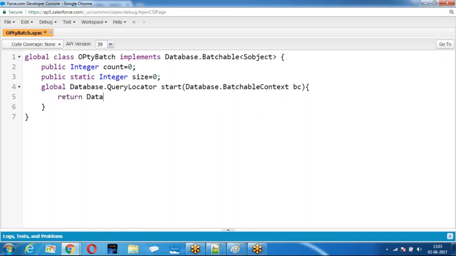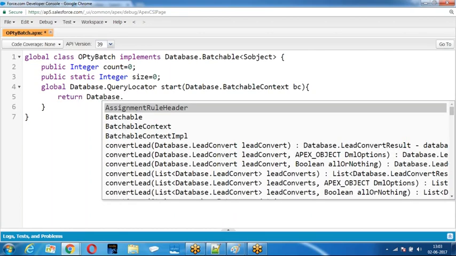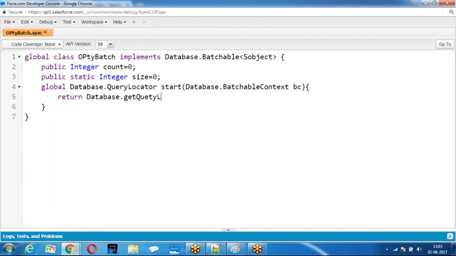Then dot getQueryLocator. How many records are coming? 34 records are coming. How many records are coming? 34 records are coming.